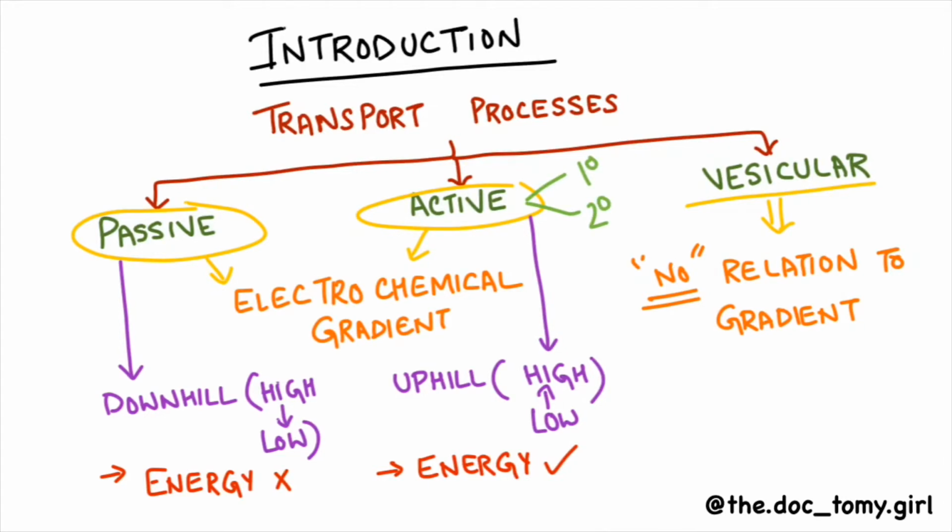Active transport is of two types, that is primary active transport and secondary active transport. Primary active transport is a transport mechanism that directly uses metabolic energy for the transport process. Whereas in the case of secondary active transport, one solute moves against its concentration gradient by using the energy generated by the gradient of another solute.